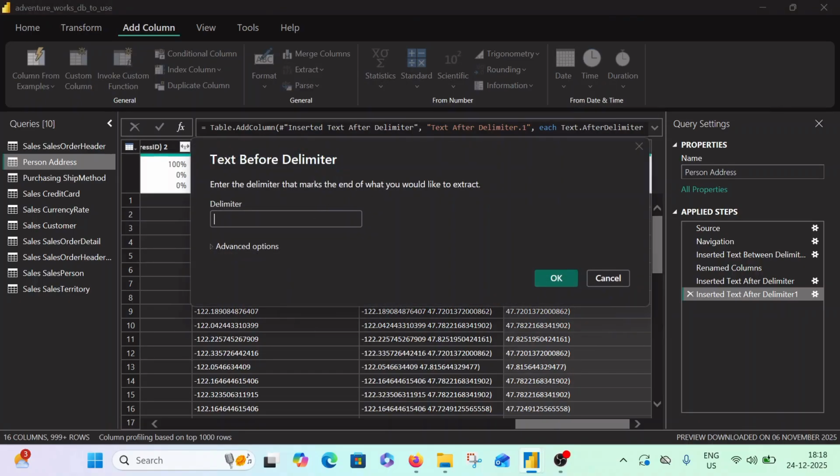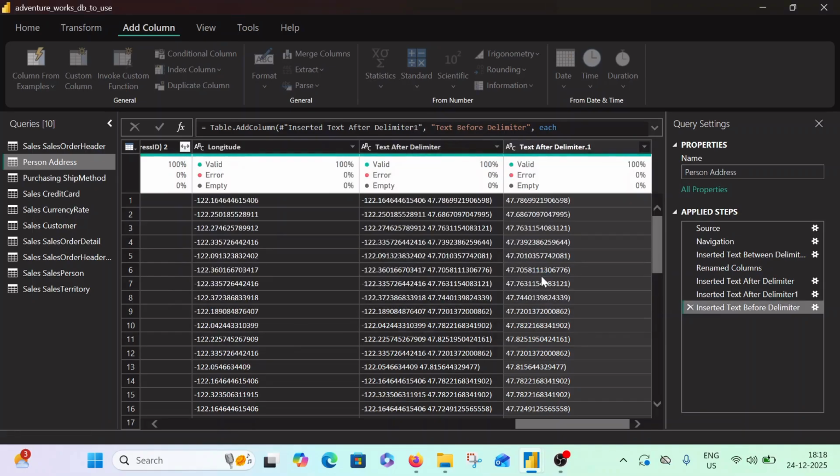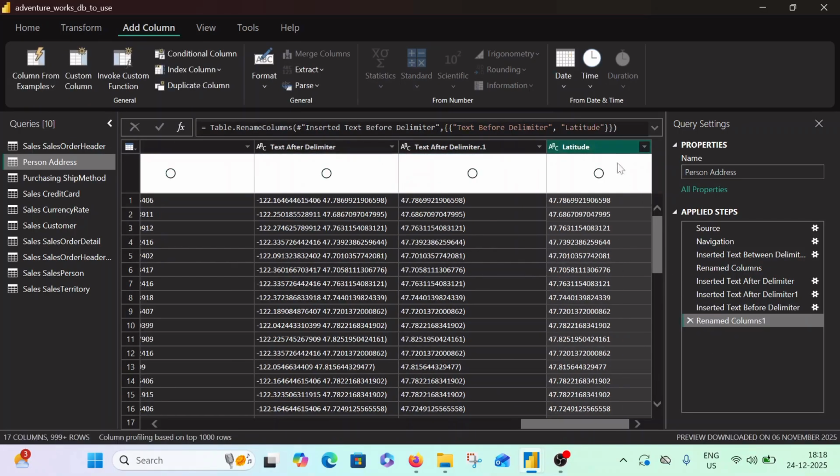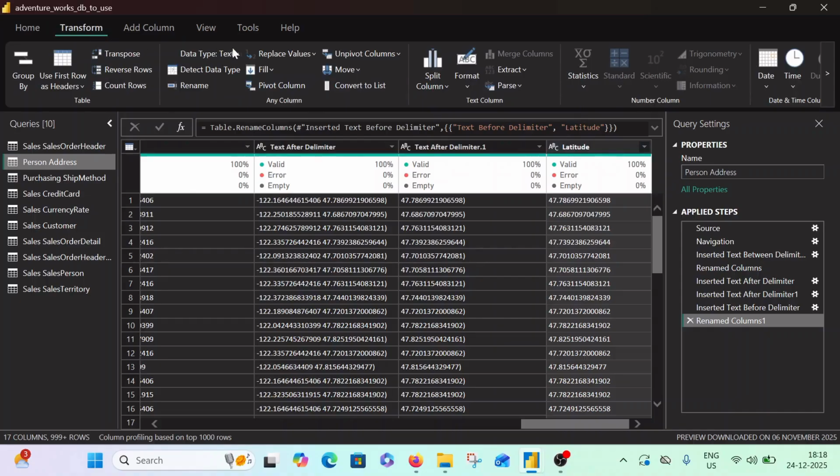It's very easy. If you actually do it with me, you will find that it is much easier and interesting also. This is a very interesting way to do it. You can 100% use DAX and split and everything, but I found that this way was very easy and new, and that's why I've shown it. Now your latitude and longitude have come out.